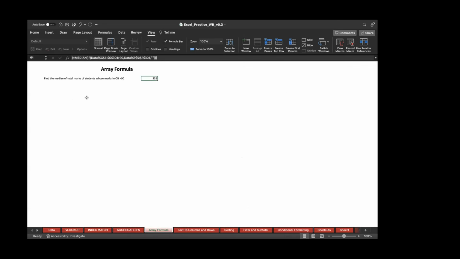So going here for the array formula, basically two things have to be kept in mind. First thing is it is a median if function in this case. Because there is no specific median if, it's just median, and then we put an if function inside. So how the array formula works is that